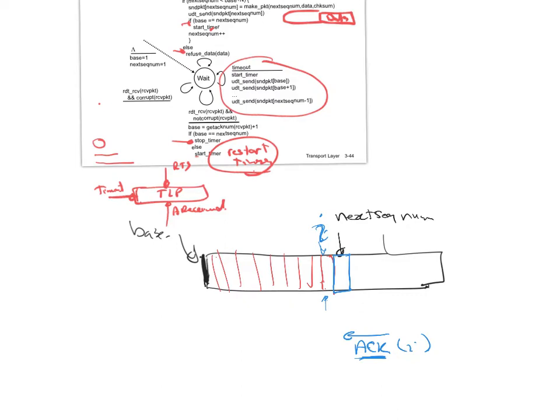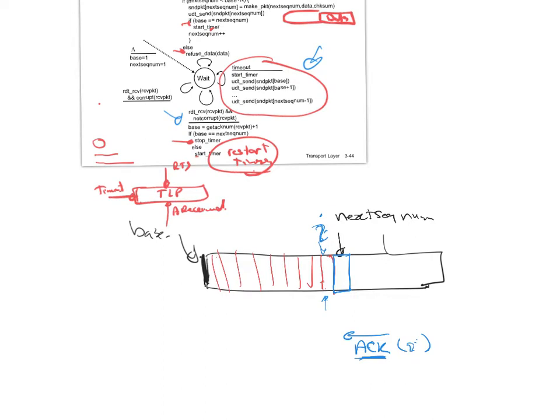Let's not worry about the timer for now. The timer is running, the timer is counting down, but it did not expire yet. Because here we're not talking about this event. Here we're talking about an event where we received the acknowledgement, okay, and this acknowledgement has a certain sequence number,